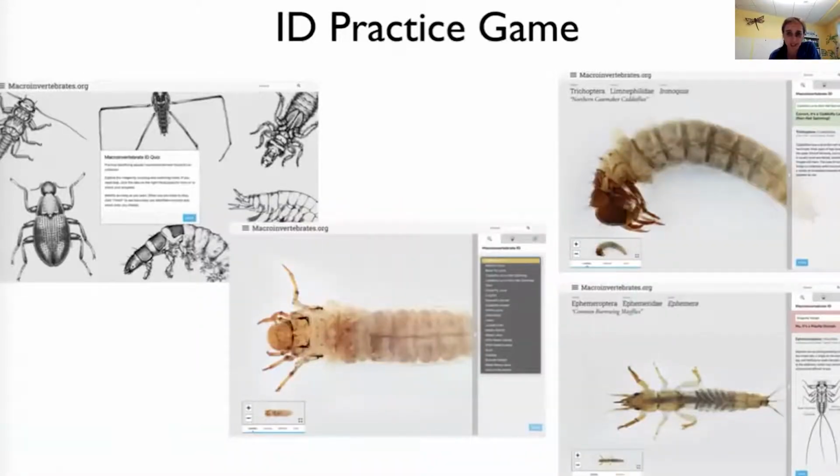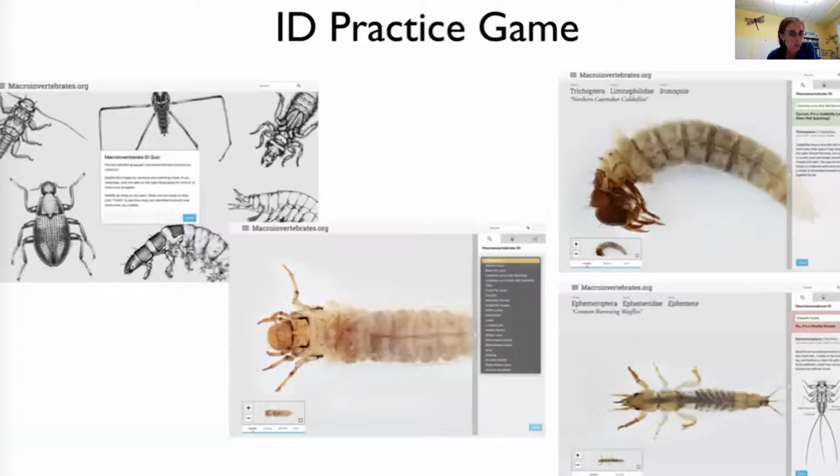The ID practice game is really incredible because it diversifies every time you do it. You don't have the same chronology and sequence of macroinvertebrates. And again, this is to what a citizen science level commonly would be here in the US. So this really could be applicable for anywhere in North America and actually across the world, so that you can just get to know them down to order level.